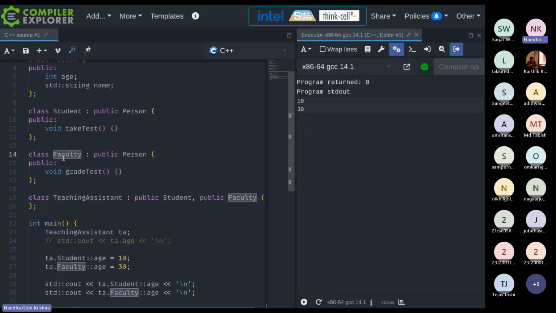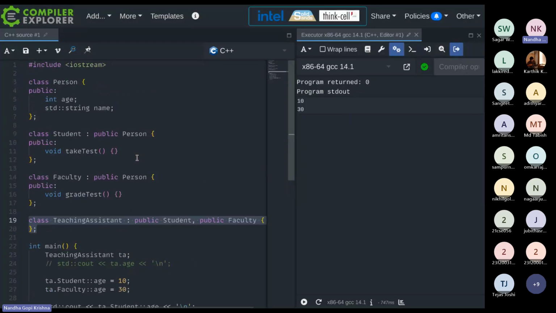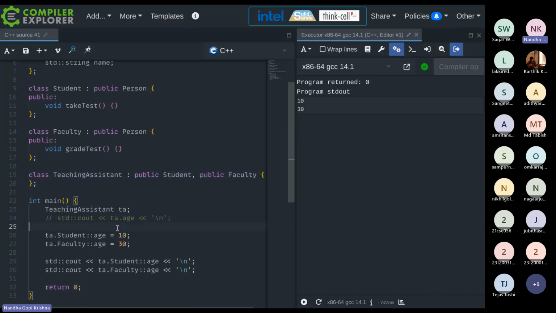Then you have a special class called teaching assistant that inherits from both student as well as faculty. As you know, teaching assistants themselves are students. However, they can also grade tests. So that is why we inherit from both student as well as faculty. However, notice what happens is that when I want to set ta.age,